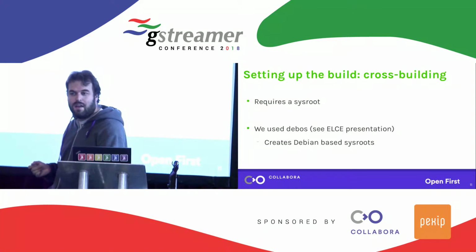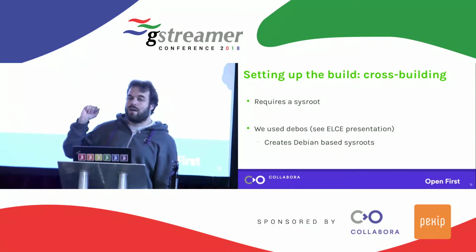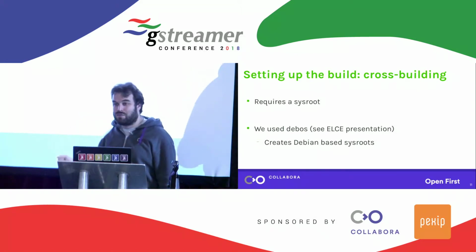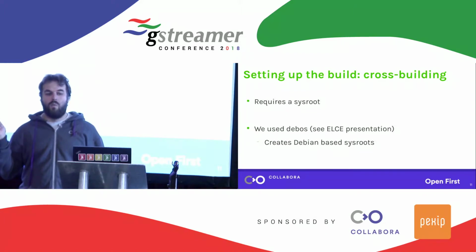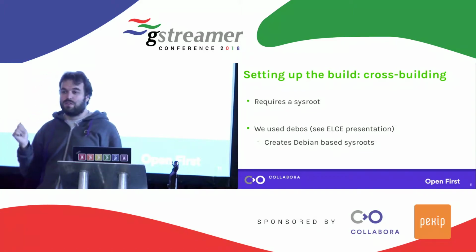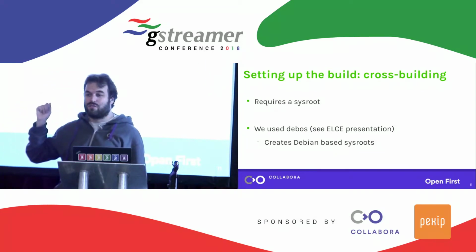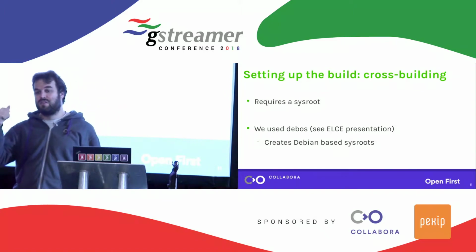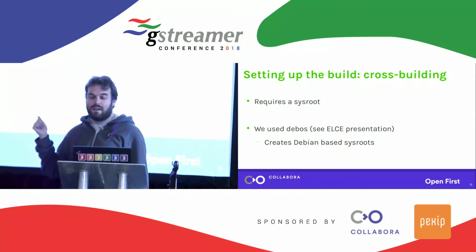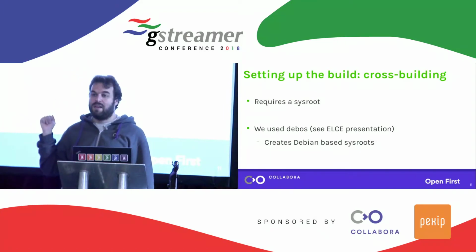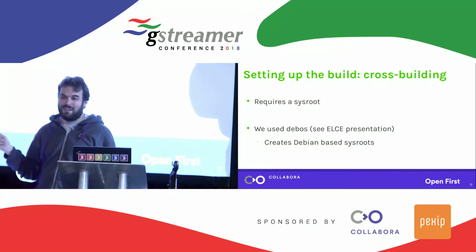So first thing, before we can do any running, we need to build stuff. That requires building a sysroot for that system so that we have something to build against. To build this sysroot, we use something called Debos, which has been developed at Collabora, and that creates sysroots, build images, but also system images that you can flash on devices using Debian-based packages, meaning that we can